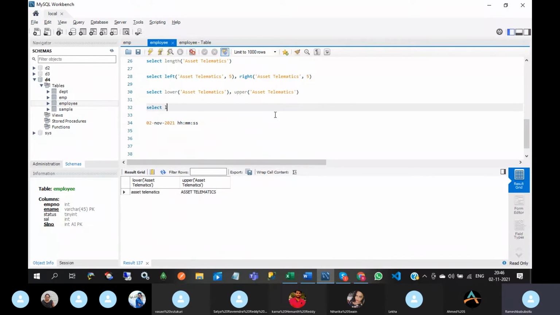Select L trim. It will remove unwanted spaces from the left side. Right trim will remove unwanted spaces from the right side. See this. Okay, trim means it will remove unwanted spaces from both sides.